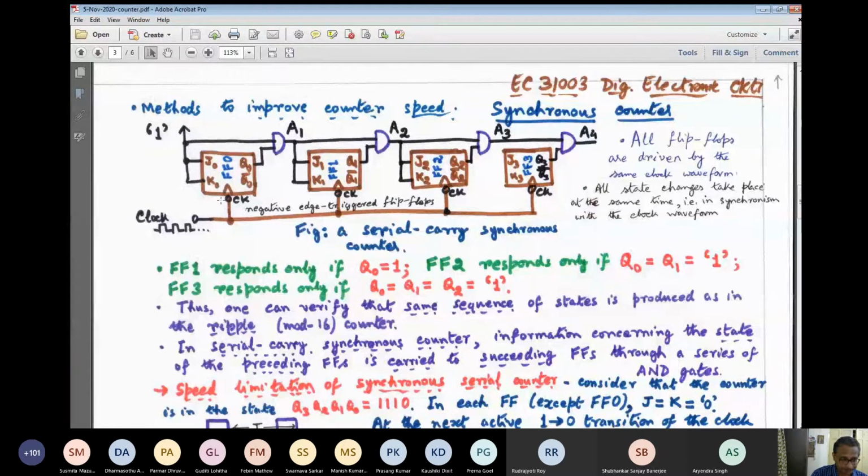So if you have a modulo 2 to the power n counter connected in this fashion, you will have n flip-flops, and starting from the leftmost, before you reach the rightmost flip-flop, one has to go through n minus 1 AND gates. Now you can question why I am putting this and connecting logic 1. It is meaningless, you can say. You can directly connect Q0 to G1, Q1.